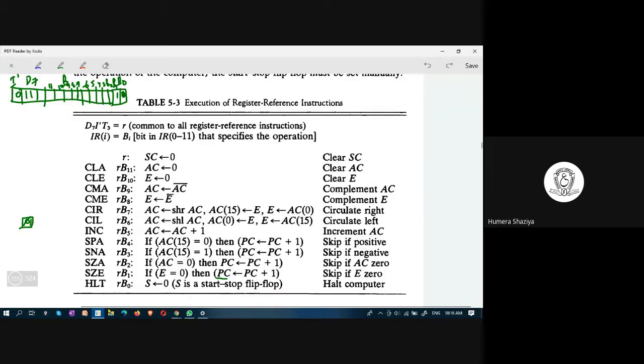Here we are incrementing the address of the instruction, which means that whatever instruction PC contains is not executed, and the next instruction is executed. PC plus 1 means skipping one instruction. If PC has a value 100 and if E bit is 0, PC is incremented to 101 and the 100th instruction is skipped. This is the meaning of that.